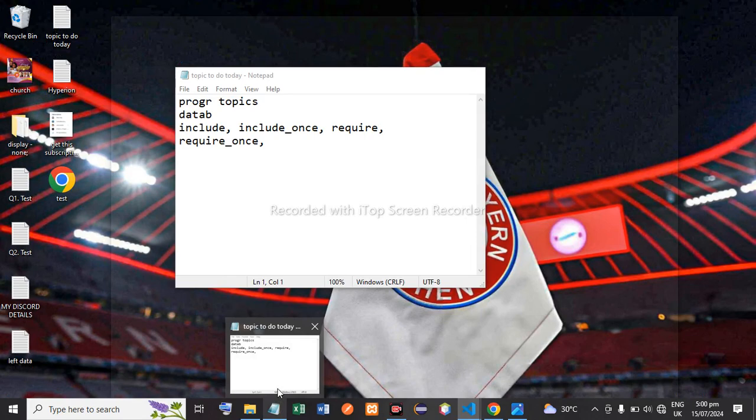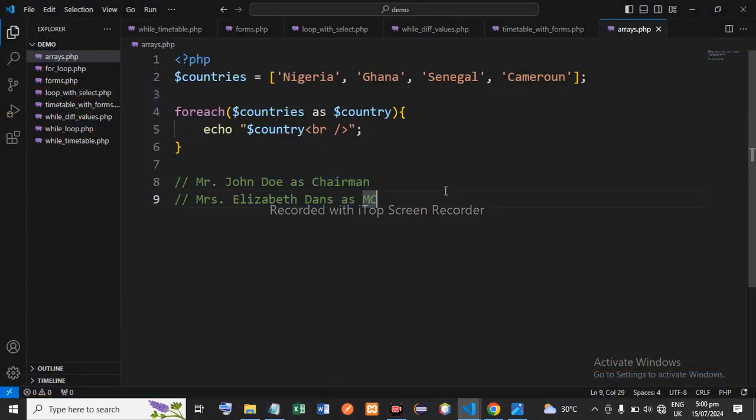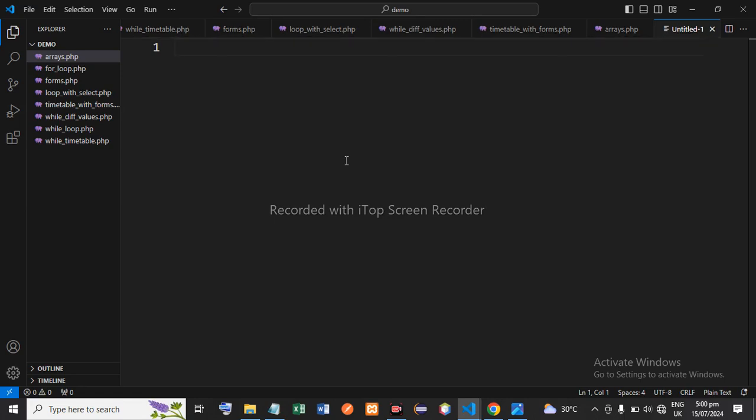So I'll quickly talk about databases and then talk about include and require, and we'll do a couple of things. Okay, all right, let's see how we start working with databases. Okay, so what is a database? Database spelled,